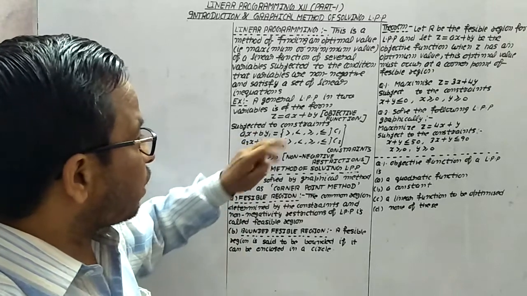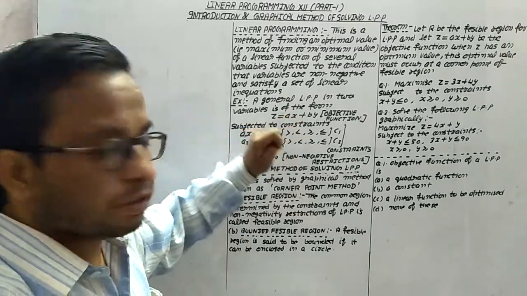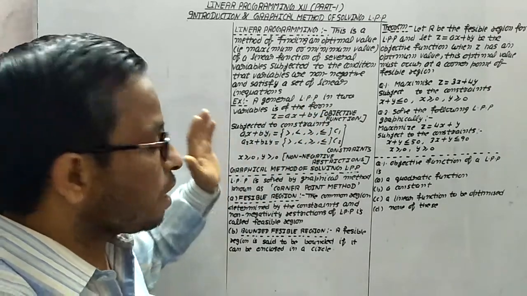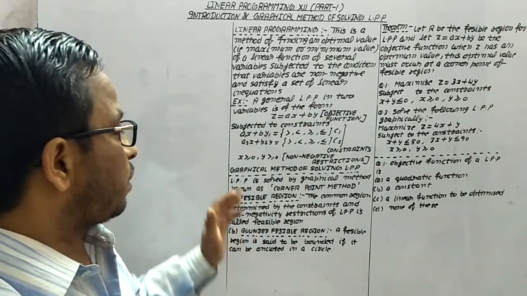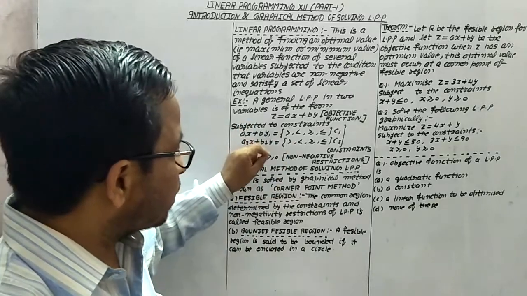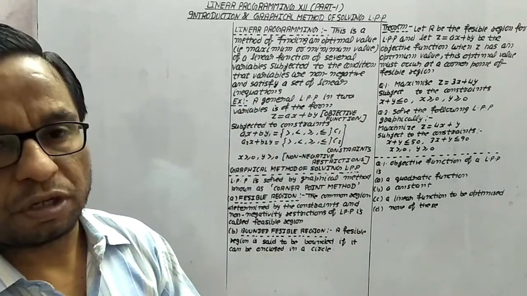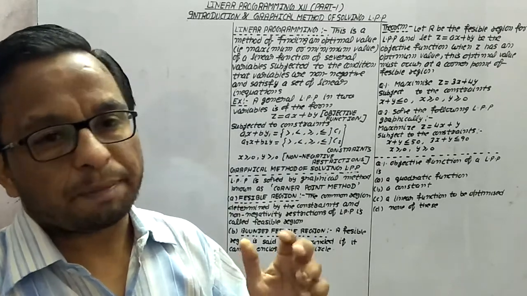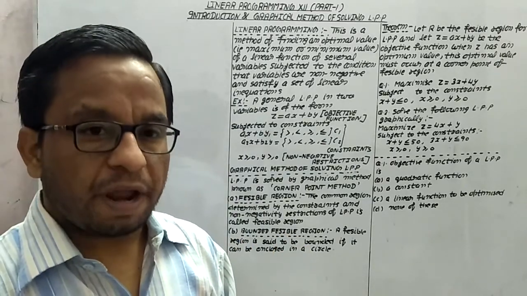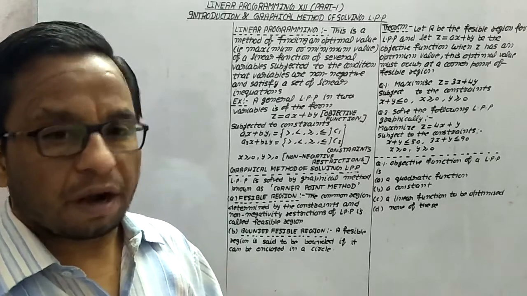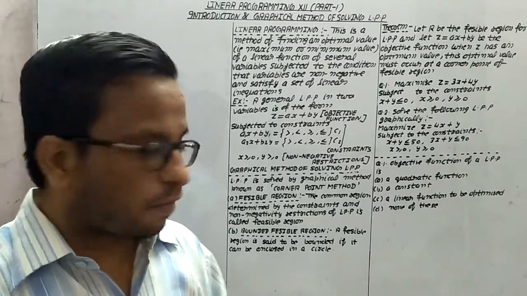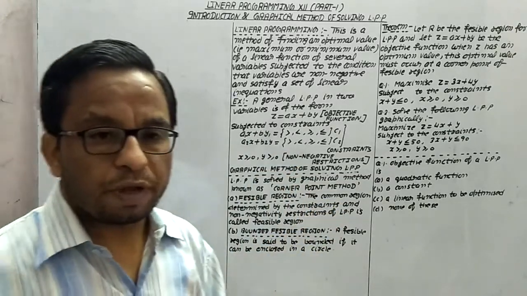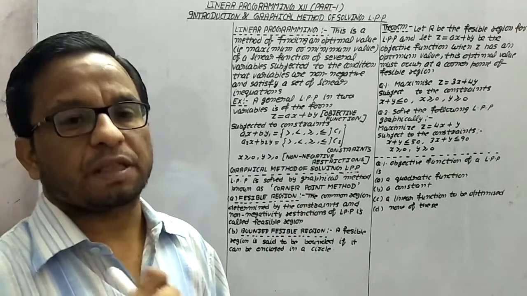And these variables we are using in the objective function, what are the variables? X and Y. These variables should be non-negative. That is why these are known as the non-negative restrictions. So now come to the point, method to solve the LPP. Here we have to discuss only the graphical method, and in this graphical method of solving LPP, we have to use the corner point method.